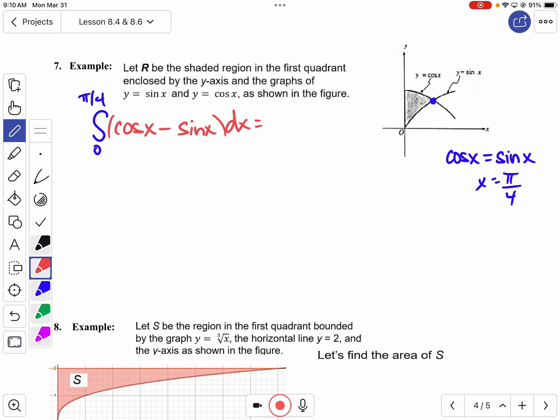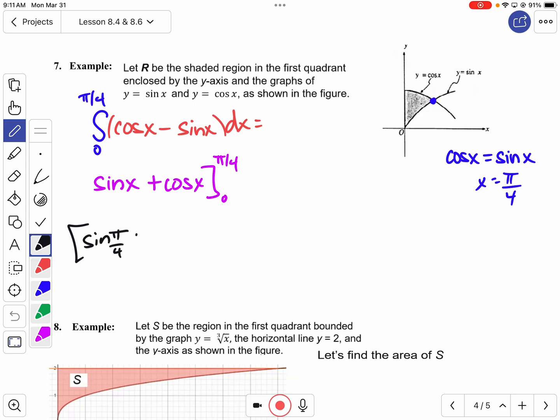dx. And now we're going to take an antiderivative. When we take an antiderivative, what's the antiderivative of cosine? Sine. What's the antiderivative of sine? Negative cosine, but there's already a negative there, so what's it going to make it? Plus cosine. And we're going to evaluate from 0 to pi over 4, which means we're going to take sine at pi over 4 plus cosine at pi over 4, and then minus both of those together, sine at 0